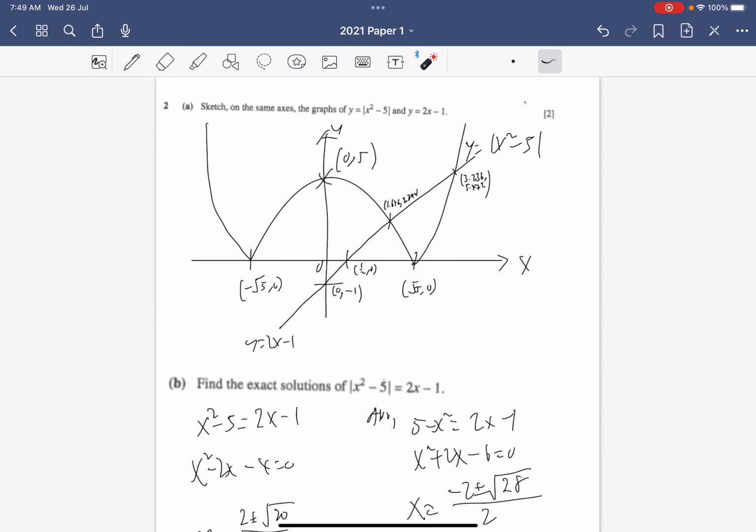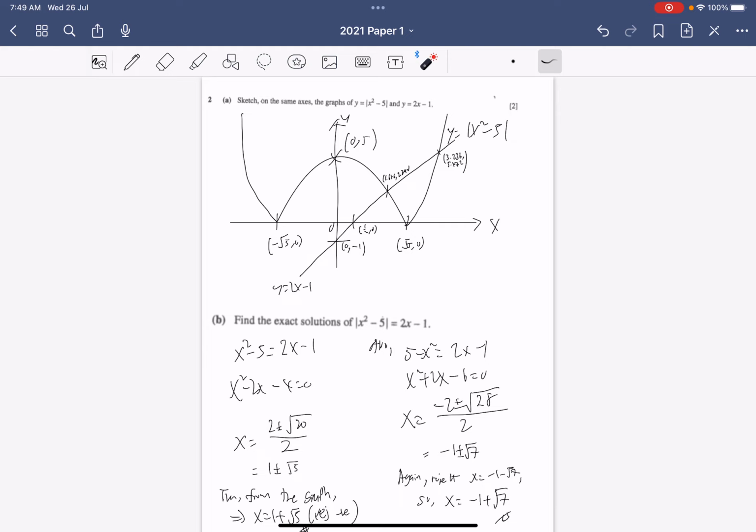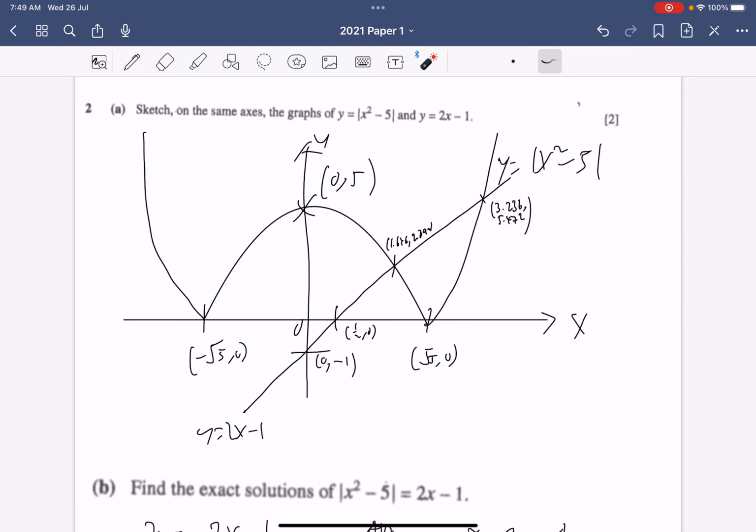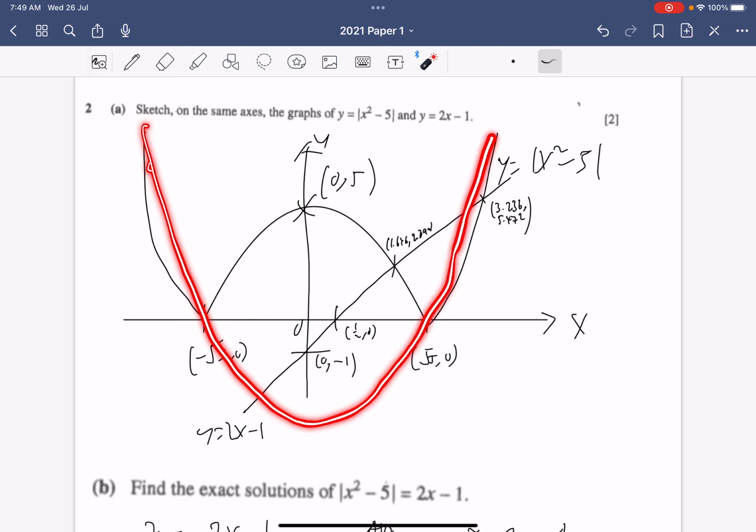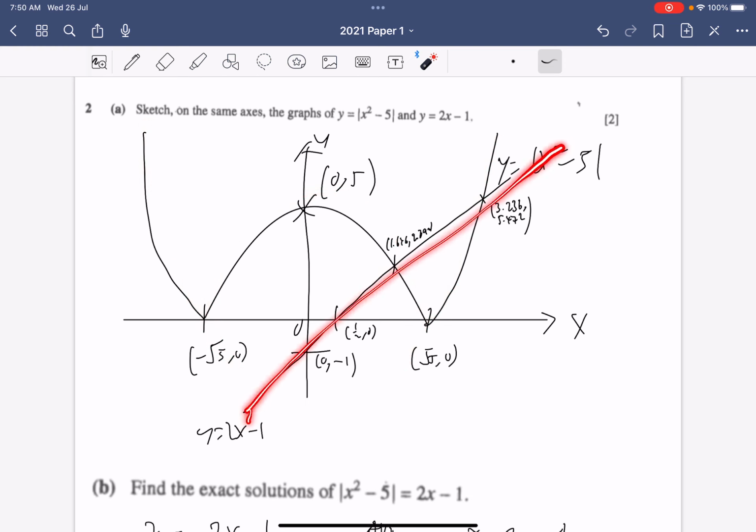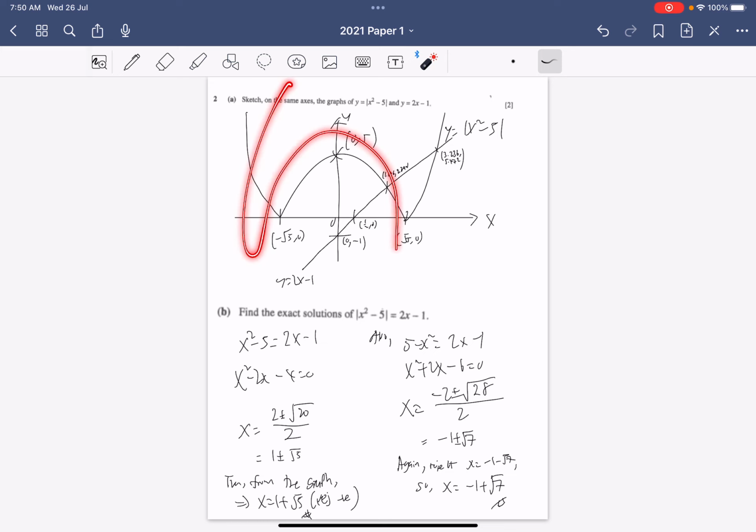For 2 part A, we're now practicing on sketching the graph. And so, for the modulus graph, initially without the modulus, it will be something like that. So with the modulus, this flips over, meaning this part is actually 5 minus x squared. And then you just draw the 2x minus 1, and then you use your GC to find the intercept. So you can just use your GC to plot how it looks like first, and then this intercept should be